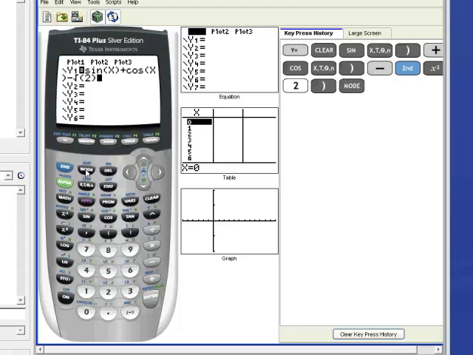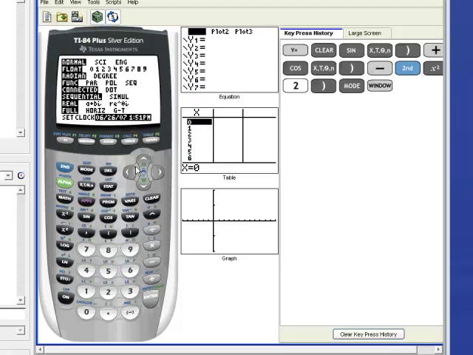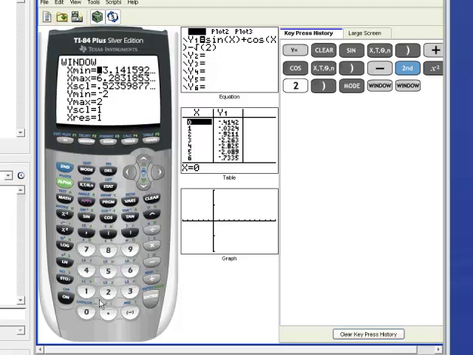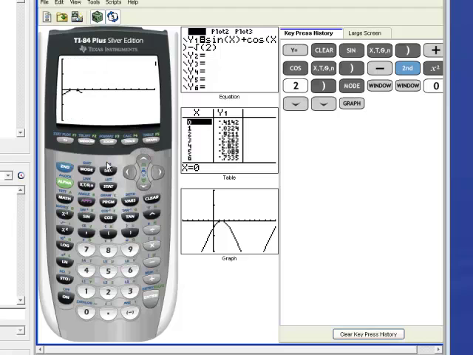I have to be in radians, so I'm going to double check that. My window is set to, yeah, make it 0 to 2 pi, and then this one is actually pi over 6, and then I'll see